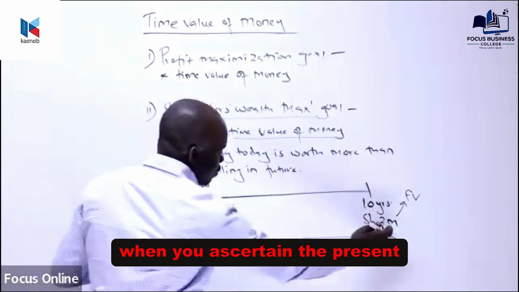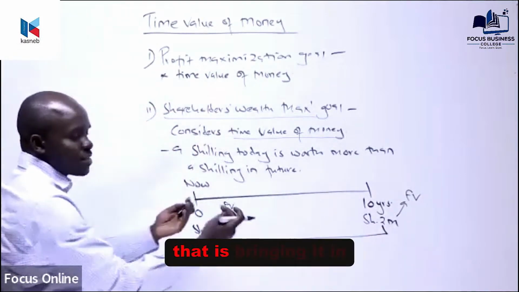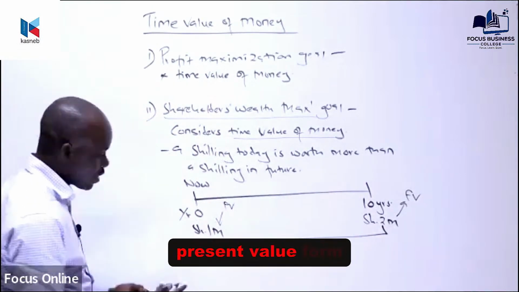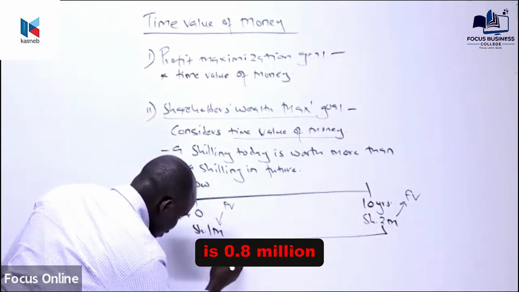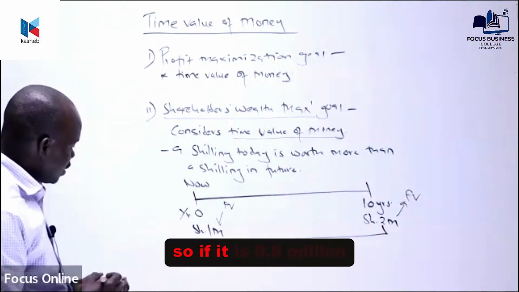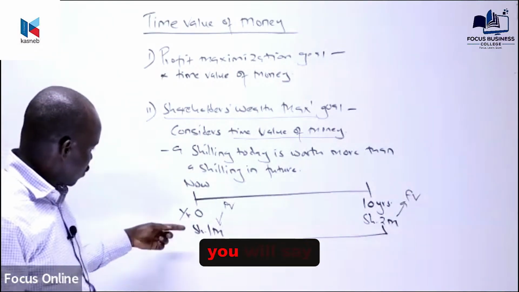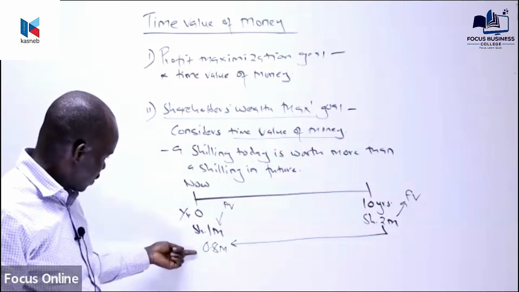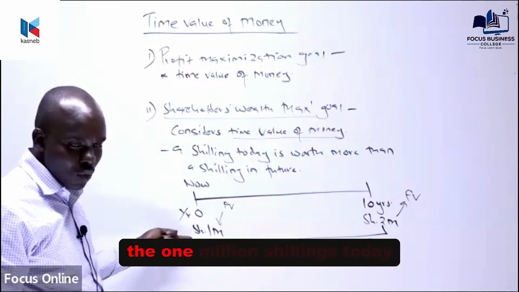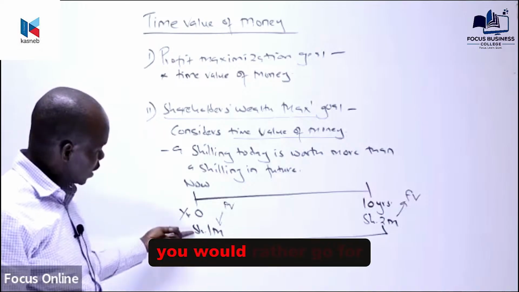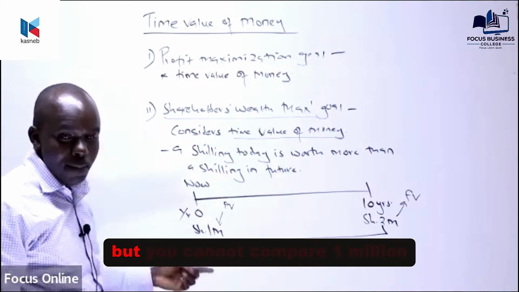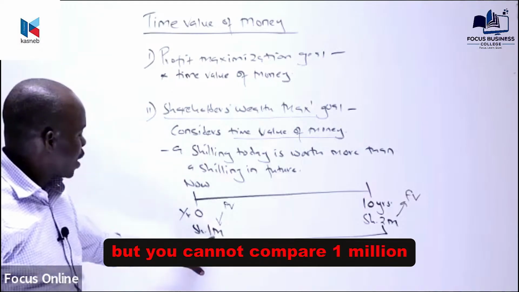You ascertain the present value of these 2 million, that is bringing it in present value form, you may realize that it is 0.8 million. So if it is 0.8 million, you will say, I would rather go for the 1 million shillings today. Yeah, are we together? You would rather go for the 1 million shillings today, but you cannot compare 1 million